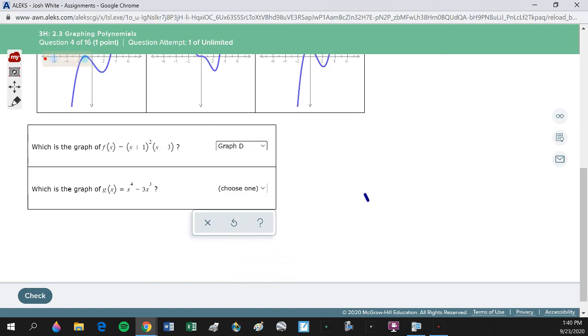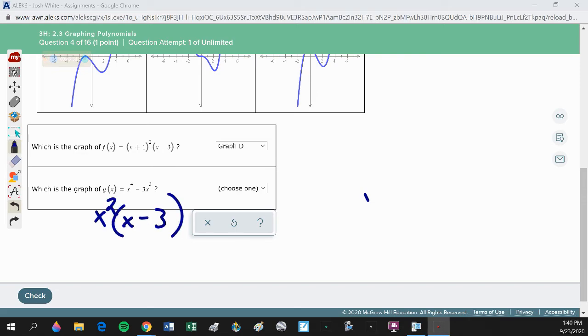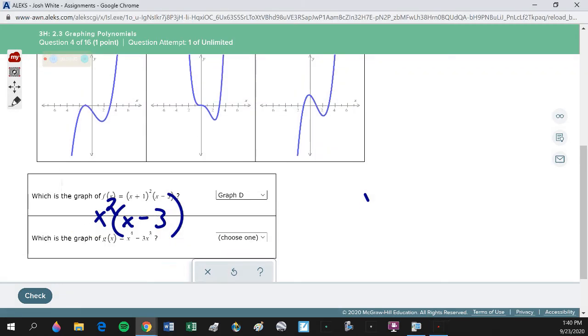Okay, and what does the other graph do? Well, we have to factor it. X squared times x minus 3. What does that graph have? It's a bounce at 0, and it goes through 3, and it's this version of the disco. So that would be